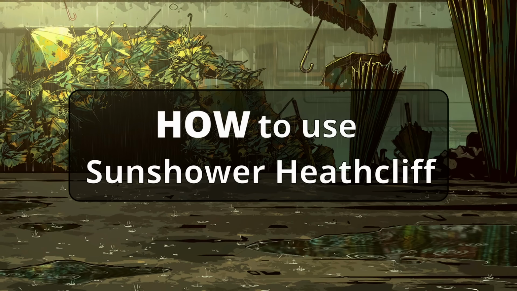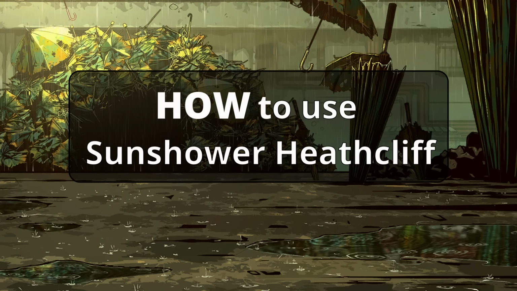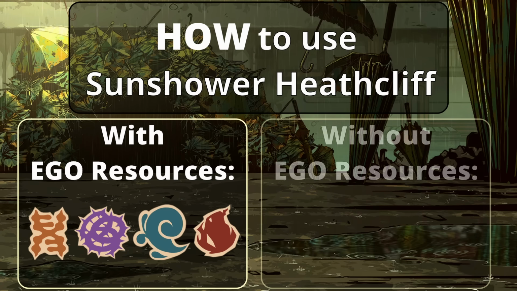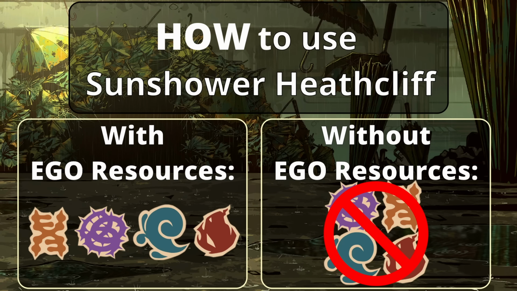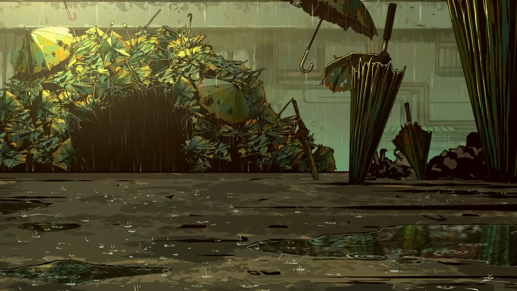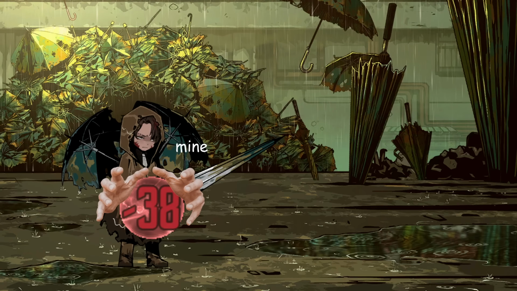Let's start with how to use Sunshower Heathcliff. There's 2 categories to this: with ego resources and without ego resources. Let's start by assuming you have infinite ego resources, at least of the types you need. Sunshower Heathcliff wants to be at low sanity, so a great way to get him down there is via ego